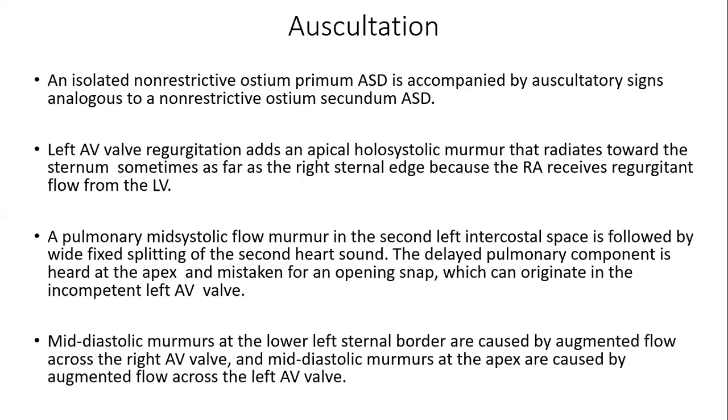Sorry, I didn't get the question. How will you differentiate between what? Sir, a dilated LV impulse from an RV volume overloaded impulse. Okay. So his question is, in case you are getting a parasternal impulse, how will you differentiate whether it is coming from the RV or from the LA? The usual question in the exam is RV hypertrophy versus LA enlargement. So how will you differentiate whether it is an RV impulse or an LA impulse?